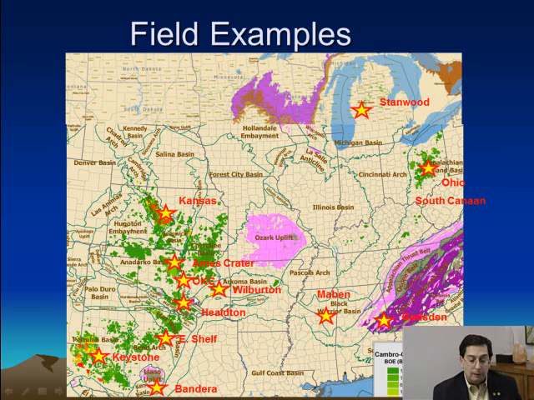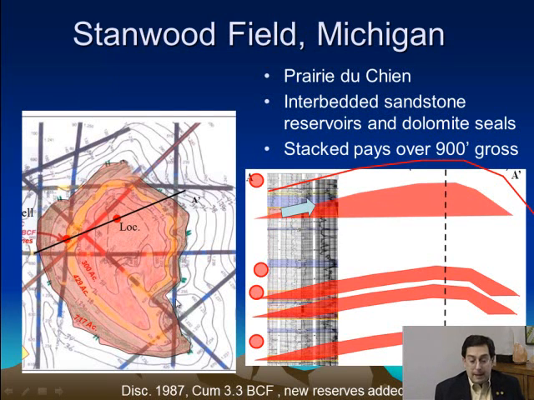You can see the names here from the various regions, and we'd work from an up-dip position in Michigan, which happens to be interbedded sandstones and dolomites with potential stacked pays. We'll look at some of the mid-continent fields that have large structures, and then we'll look at some examples as we go into a mixed dolomite-limestone outer ramp setting. So in the Michigan example, this is a